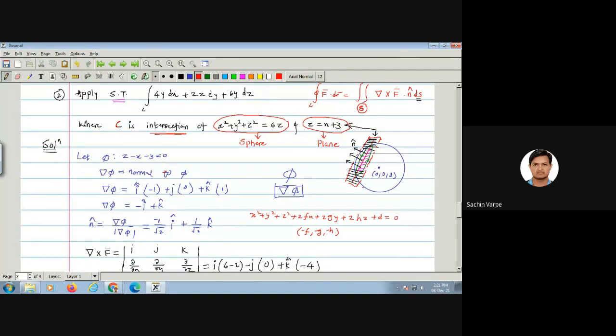So here, what is the value of f and g? Actually 2f is equal to 0, 2g equal to 0, so f and g are 0, but 2h is equal to what? Minus 6. If we take this 6z to the left hand side, that will be minus 6. So h is equal to minus 3, and we want minus h, so that will be 3. So that is why the center is 0, 0, 3. Is this clear? Yes, sir.